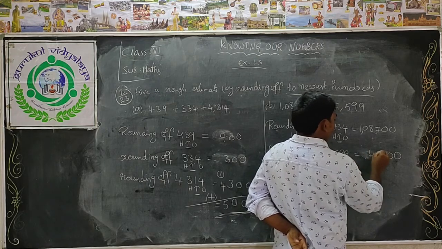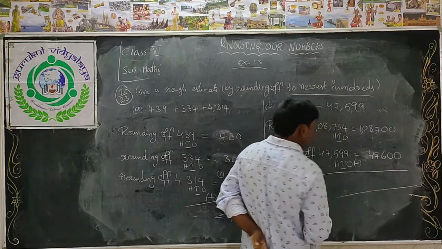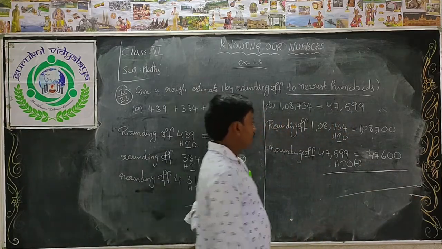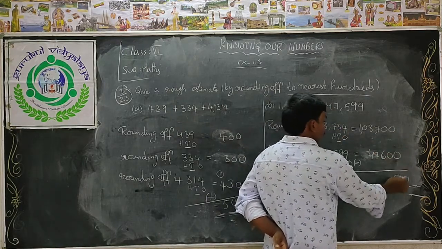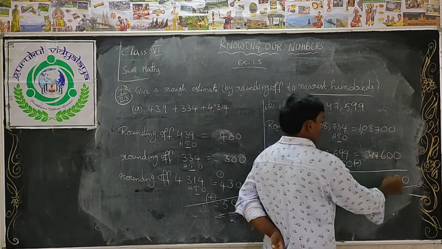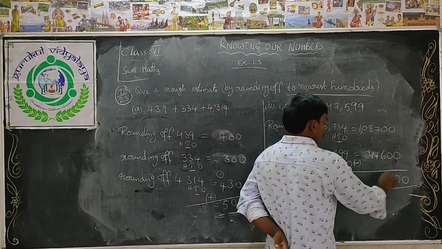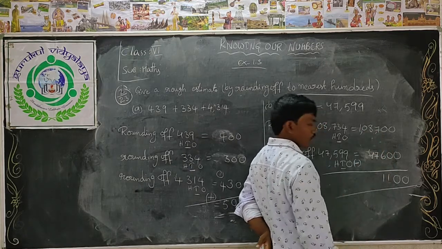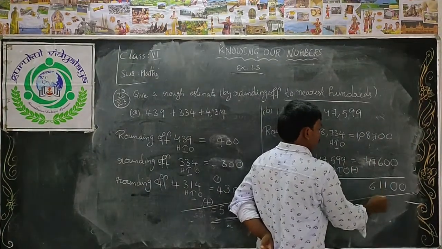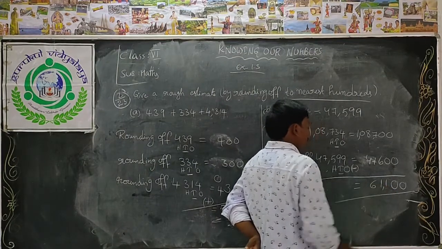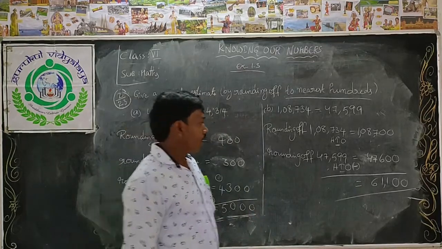4 7. Okay. Now we will do the subtraction, the estimated difference. That is called the estimated difference. 0 minus 0, 0 minus 0. 7 minus 6, 1. 8 minus 7, 1. 0, we can't subtract 4 from 0, so take a borrow, that will become 10. 10 minus 4, 6. 61,100. This is the required estimated difference.